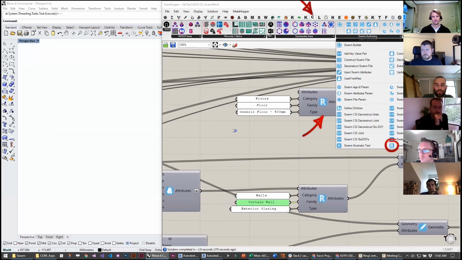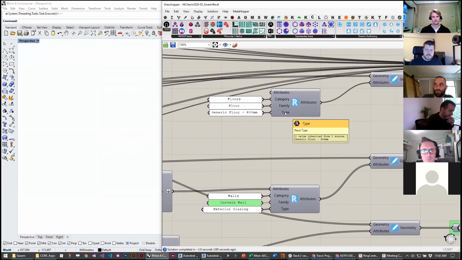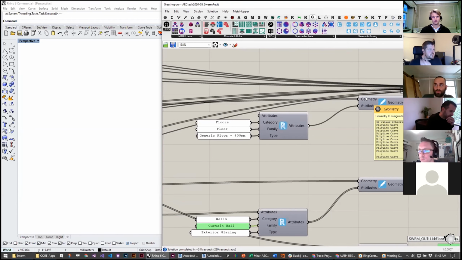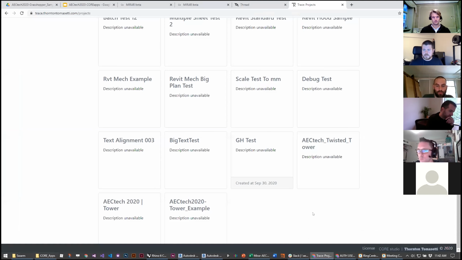But for Revit, what you can do, for certain geometry types, is go in and assign a category, a family, and a type. Then, depending on the type of geometry you associate with that, it will be interpreted by Revit as generating that family type. So to find out what types are supported, and this list has been growing quite a bit,